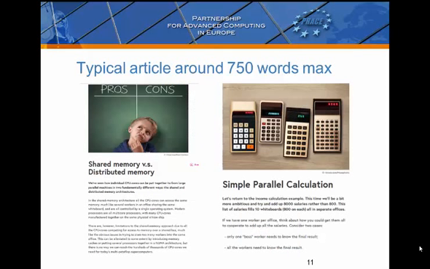The multiple choice quizzes are quite standard. The videos, I'll show you an example later, but a typical article is quite short, maybe 750 words max. You'll see I've put a couple of examples there. One on distributed versus shared memory, which is the end of that week I just showed you, where we compare the two. And then we're asking people to do a simple parallel calculation. We're asking people to take adding up lots of numbers and try and consider how you might parallelize that. So I think you can get a feeling for the look and feel of what FutureLearn looks like.